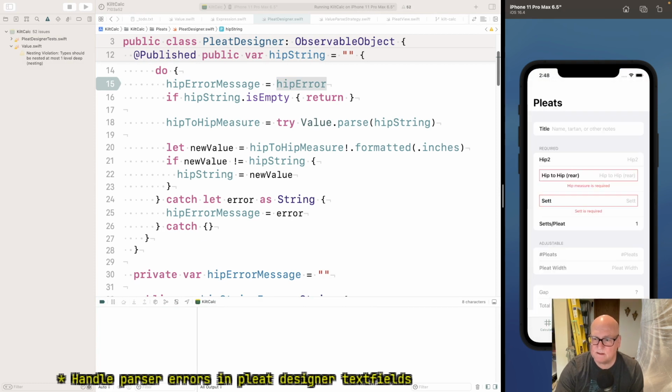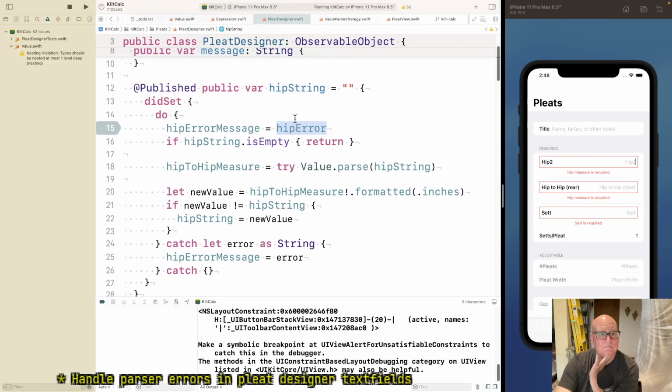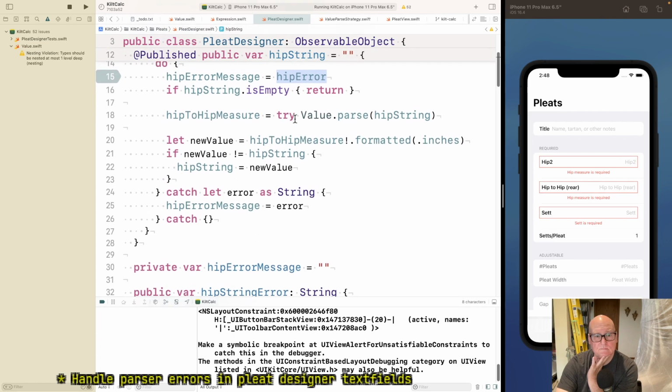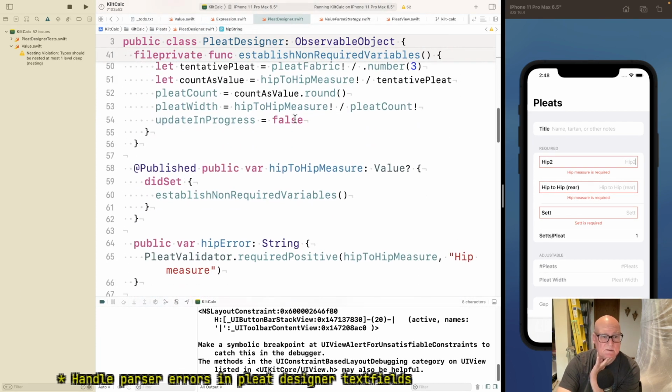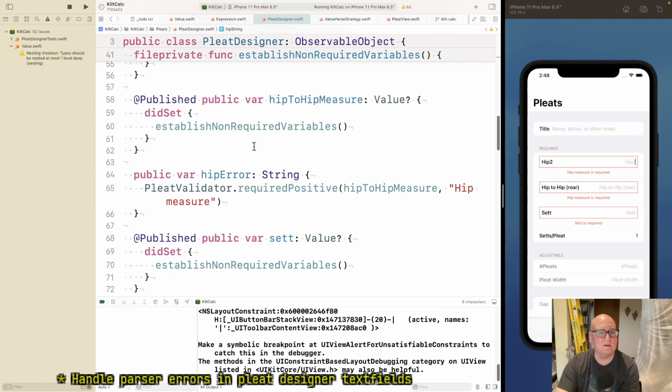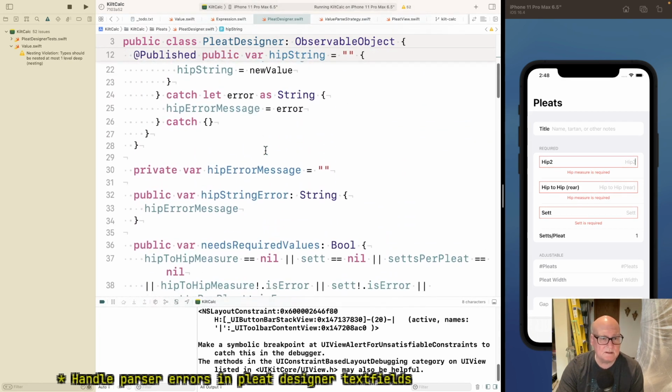I'm disappointed that the formatting thing is not any better for us. Okay, why did that not show up in the first place? Maybe the hip message needs to, it's only running after it's set, so we probably need to start with the message.